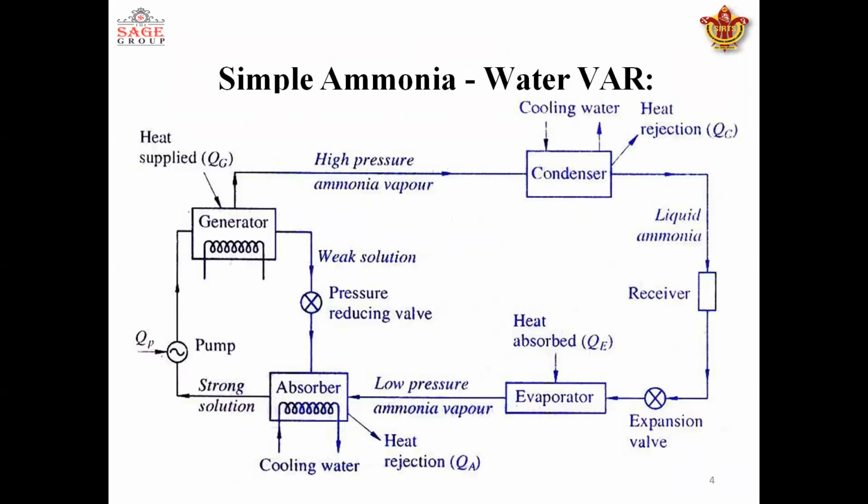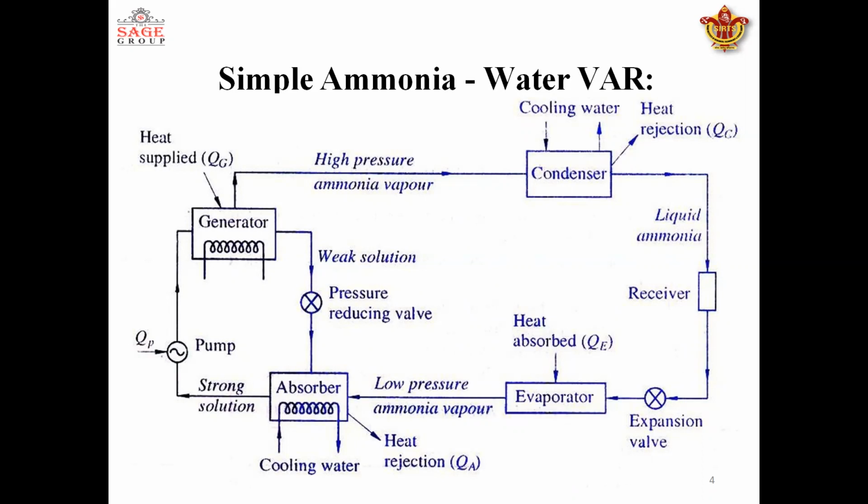Now we will discuss this complete cycle with the help of this diagram. As you know, from here I have started from the evaporator. We know that in the evaporator, heat is absorbed by the refrigerant, thus producing the refrigerating effect in the surroundings of the evaporator. The evaporator is the heat exchanger that absorbs the latent heat of vaporization from the surroundings and thus produces the refrigerating effect, which we call the desired effect produced by the refrigeration system.